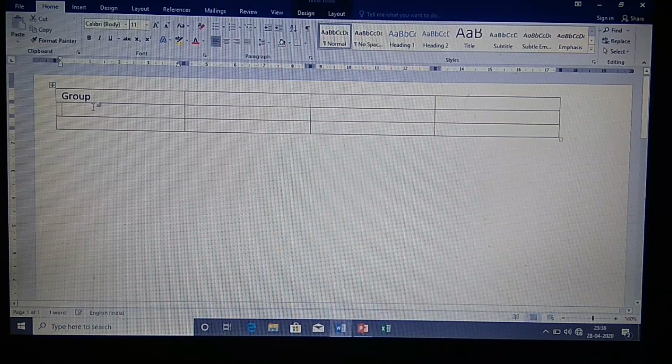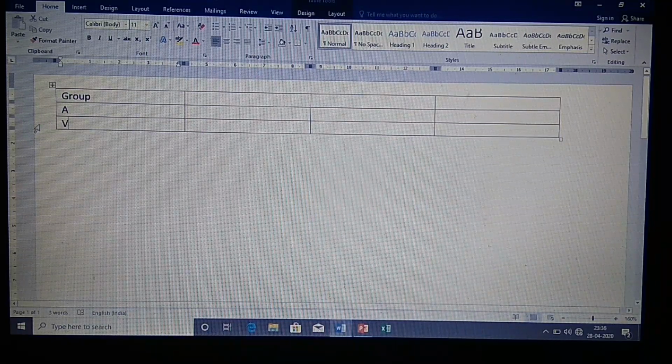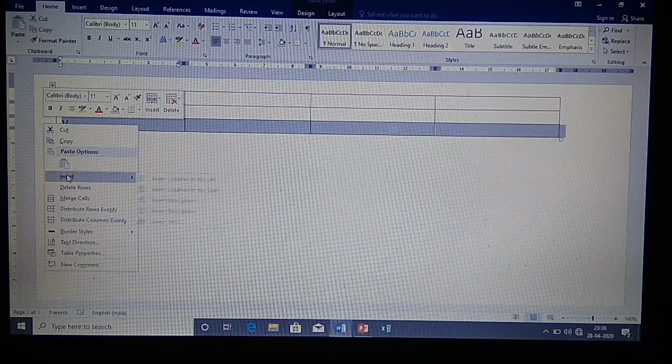In the next cell, suppose I am typing A, here B. Now in between A and B, I want one more row to be added. So we have to come to the leftmost part of the edge of that row, right click over there and you can see the Insert option.